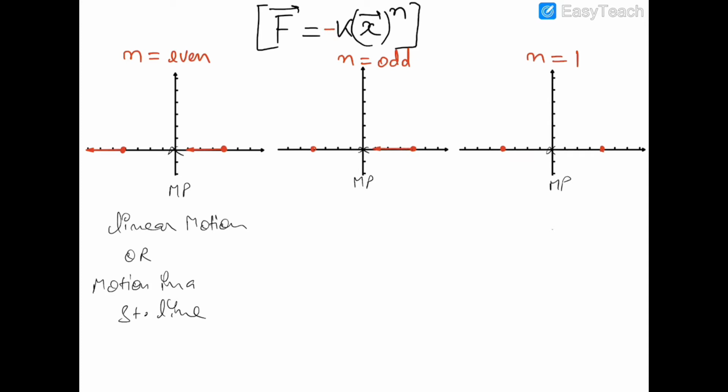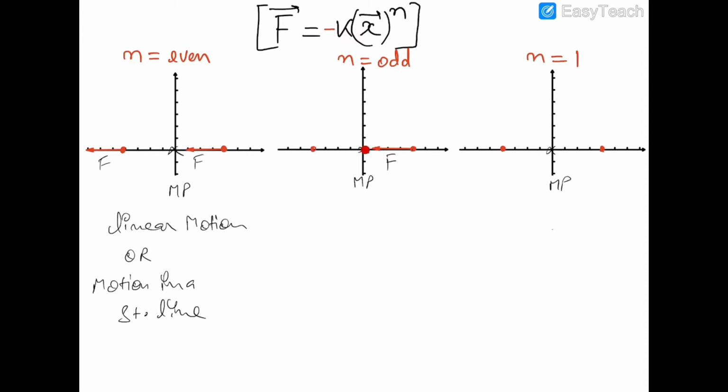So the force acting on this particle would be towards negative x-axis like that, and therefore this particle would accelerate towards the origin. Now again, when this particle would pass through the origin, then at this point origin, the force acting on the particle would be 0, but its velocity would be maximum at this point,